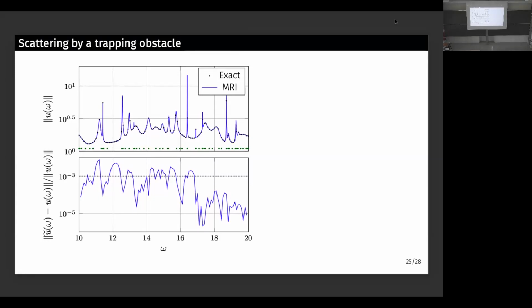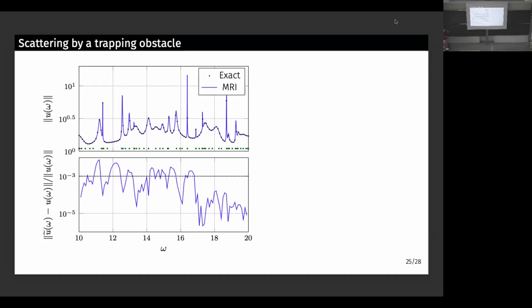It doesn't guarantee that the error is actually going to be below the tolerance everywhere. And this is kind of a negative answer to the title of my presentation. We cannot really be truly reliable if we want to be completely non-intrusive. Now, one thing I would like to underline, and then I will conclude, is that this plot I'm showing is